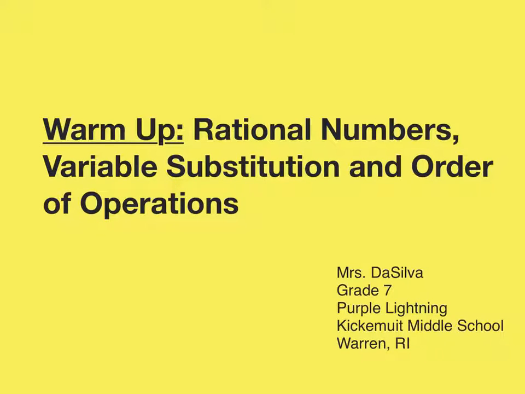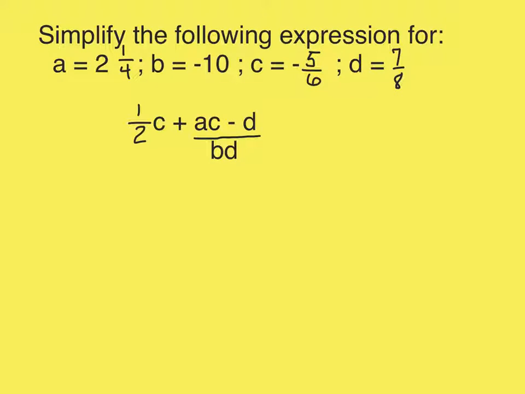Today's warm-up, again, we're going to be substituting in for the variable using the order of operations, and of course we're going to be looking at rational numbers. So of course, as always, the very first thing that we want to do is substitute in for the variables. So that means we're going to have 1/2 times c, which is -5/6,